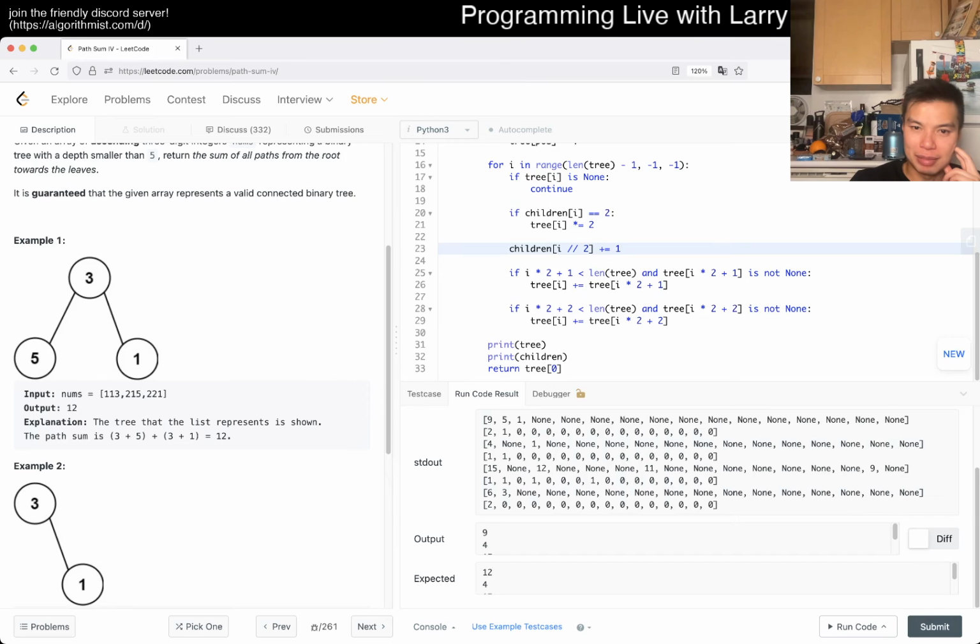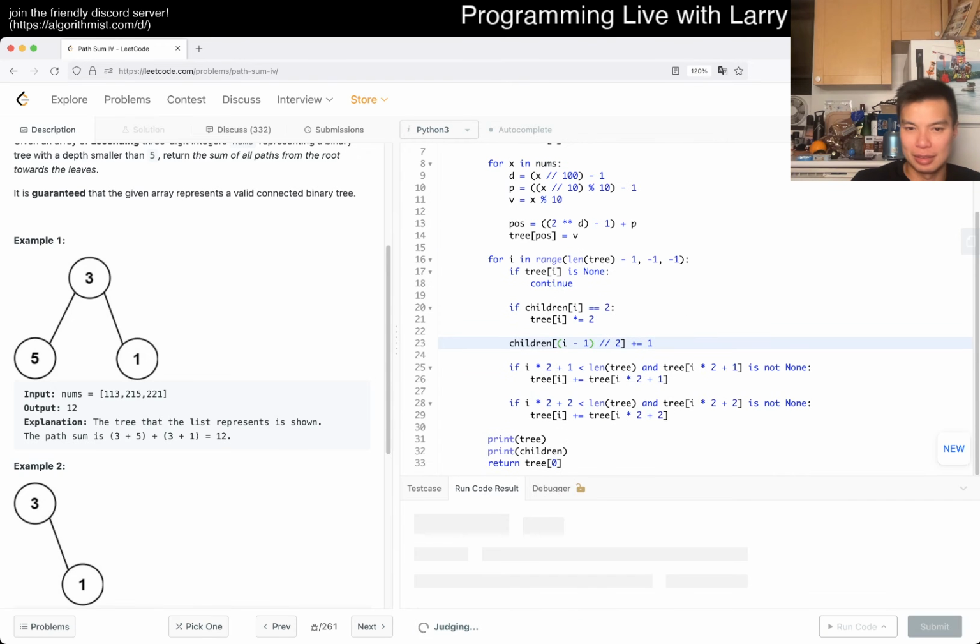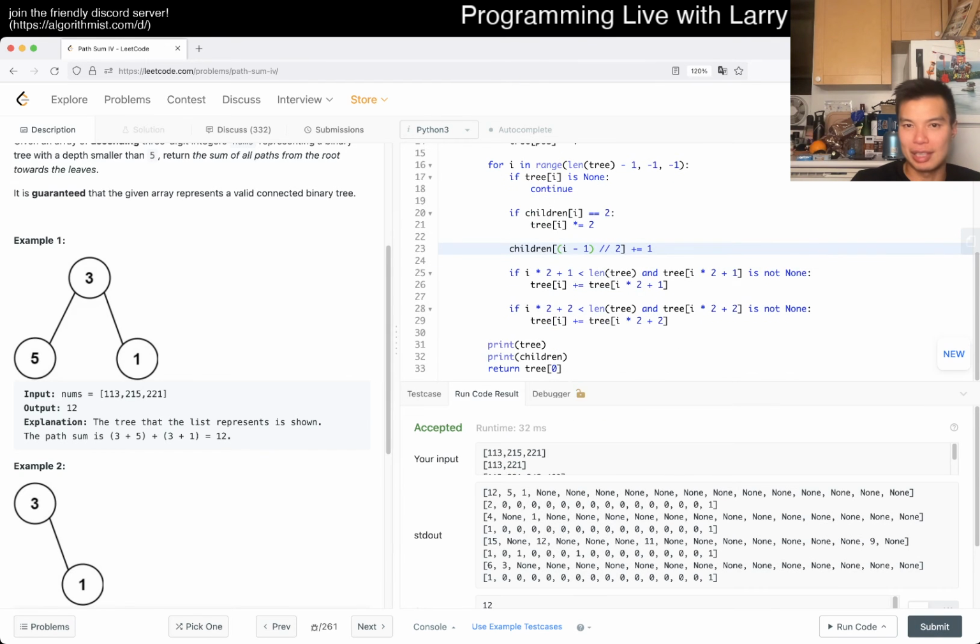So 3 plus 5 plus 1. Did this not happen? Hmm. You have 3, 0, 1, 2, 2. Oh, I forgot what I'm doing. Okay, that's not the actual parent, is it? Yeah, okay. I forgot that I'm using the other version of